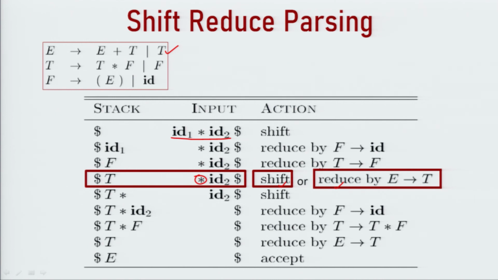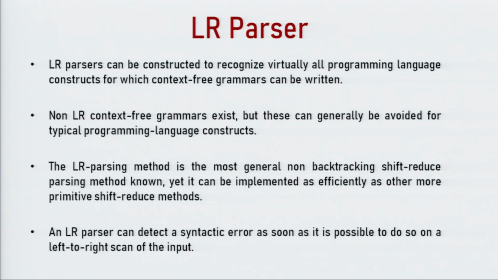For choosing the action we need a parsing table, as we had in the predictive parser. Using the parsing table we want a strategy that can help us select a particular action to be performed. So we need to design a parsing table or some method for implementing a shift reduce parser. For doing so we have the LR parser. What is an LR parser actually?